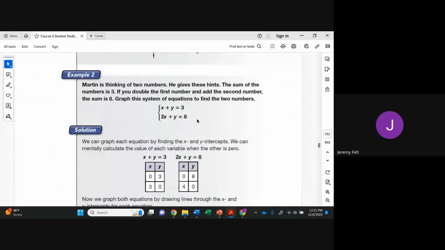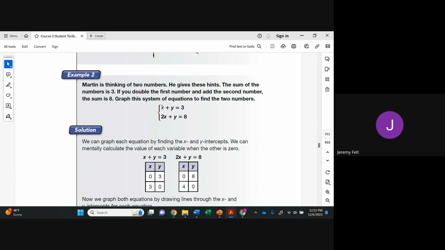We've seen some of these types of problems. I'll show you how we can do this in the calculator again. It needs to be in y equals form for our function, which wouldn't be too difficult, then graph both of them and see where they intersect. But this problem says Martin is thinking of 2 numbers. So we're calling those 2 numbers x and y. He gives these hints. The sum of the numbers is